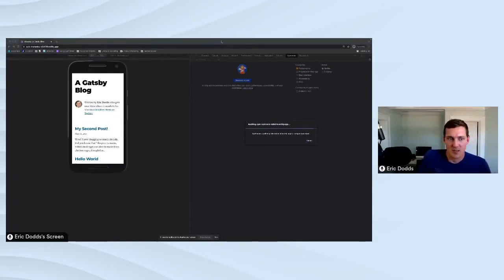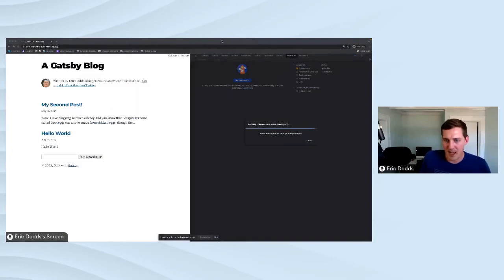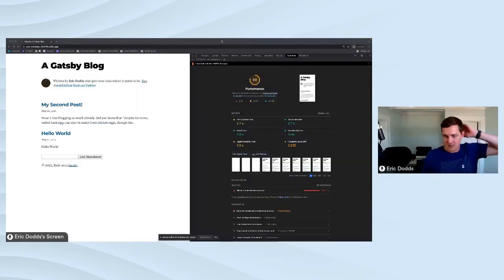Let's just try this one more time and see. Hey, there we go. Okay, so this is a much better picture. Maybe there actually may have been a couple things that were loaded, but look at that. I mean, unbelievable. It took us from tons of red down into the green. Pretty unbelievable. And that, my friends, is probably the biggest thing for me as far as this stuff goes